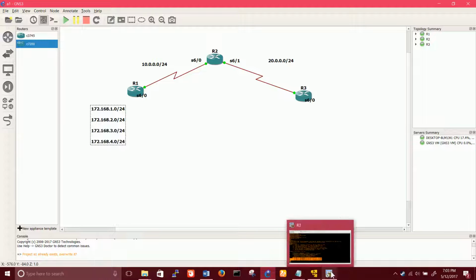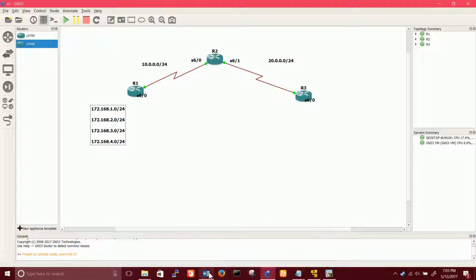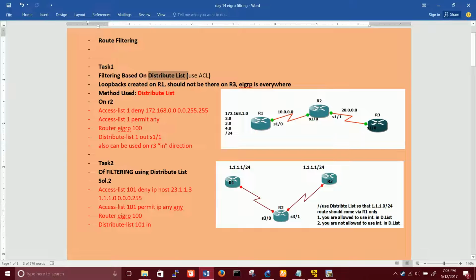Okay. So for that, first we need the ACL. So let me first show you the commands, how it really works. You have to have not good but decent knowledge of access control lists if you want to learn route filtering, because the very first process is going to create an ACL, and in here I am using a standard access list. How can you tell? Because for the standard ACL the number is from 1 to 99. So if you ever see any ACL between 1 to 99, you know that it is a standard ACL. So in here I am saying what? Access list 1. I want to deny 172.168.0.0, and my wildcard mask is 0.0.255.255.